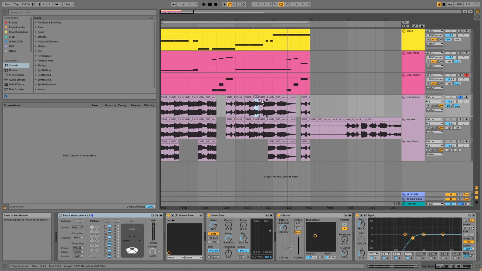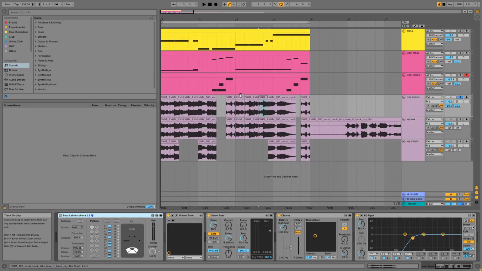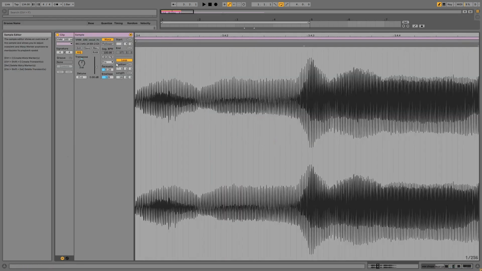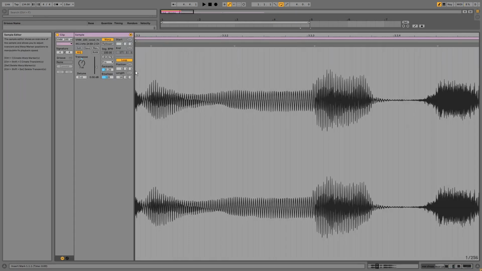So for example, this one is at 5 semitones and this one is at 3 semitones. Usually I'd shift within the intervals of the scale. So if A or -2 is my root, values like 0, 1, 3, 5, 6, etc. should work well. Although you can experiment with this, and the final chop is actually at 7 semitones.